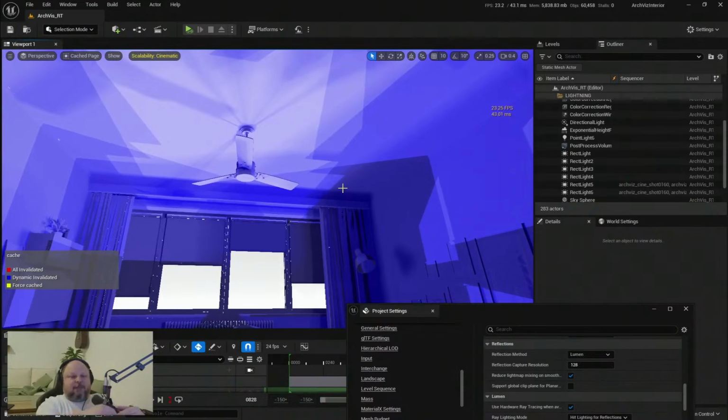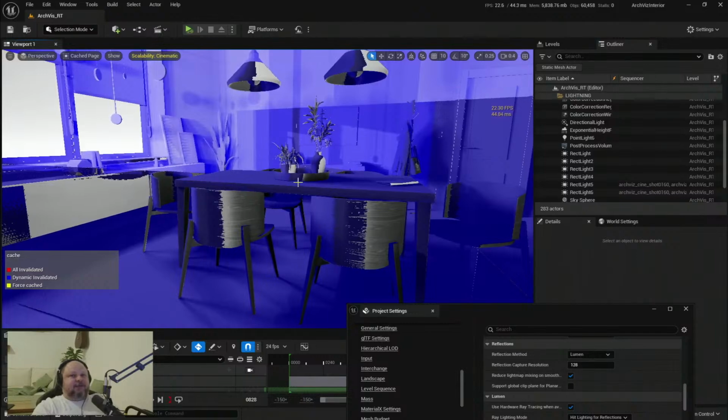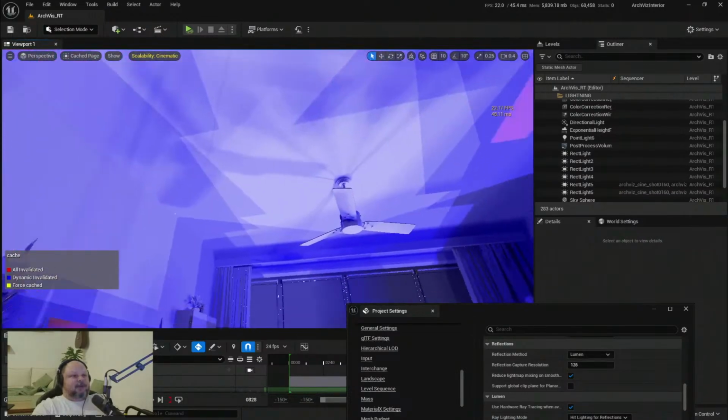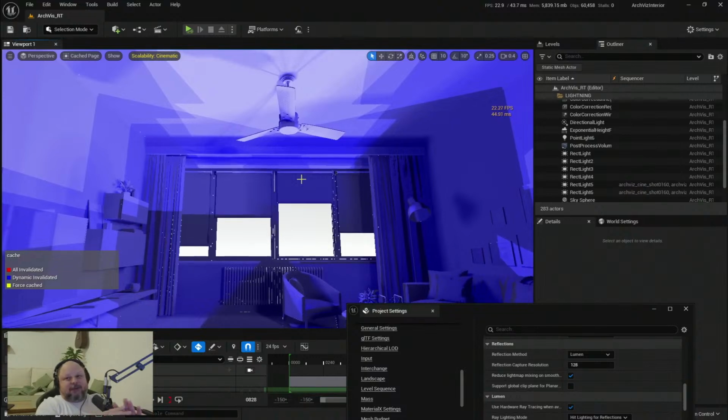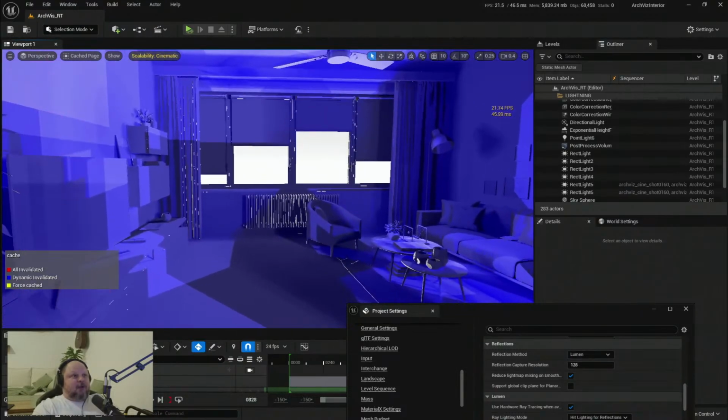Just read them. You still need to read them, but it's a lot easier than actually calculating them. In this case, we might not have the best result for virtual shadow maps, because every page is being invalidated. Not completely invalidated. This is the actual color that it gets when there is something movable that